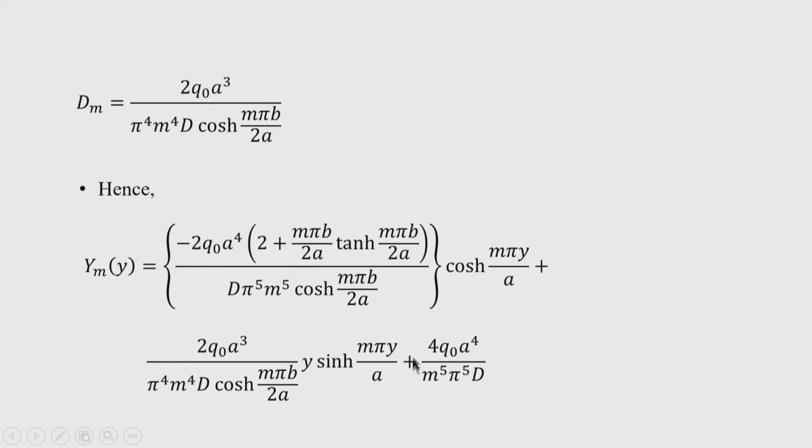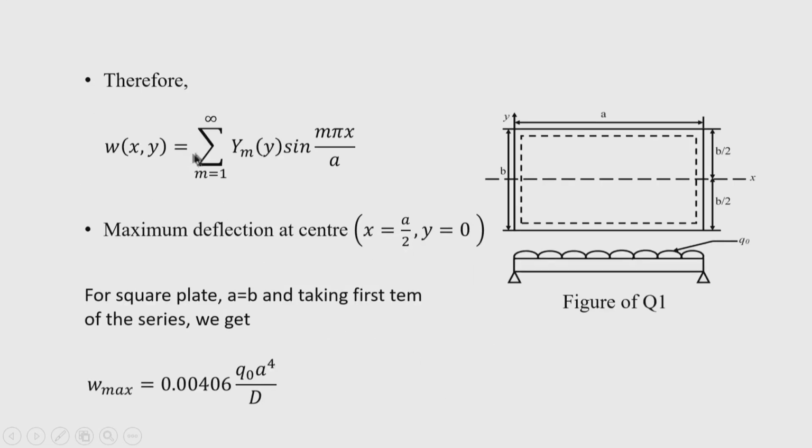Okay. It is given like that, and the deflection is now y m y into sin m pi x by a. Now, a rectangular plate carrying uniformly distributed load, and we see this symmetrical support condition, simply supported along all edges. The standard result we know from Navier's solution already, and we can compare it with our result obtained by Levy's condition. So, maximum deflection is obtained at the center of the plate, that is x is equal to a by 2 and y is equal to 0.